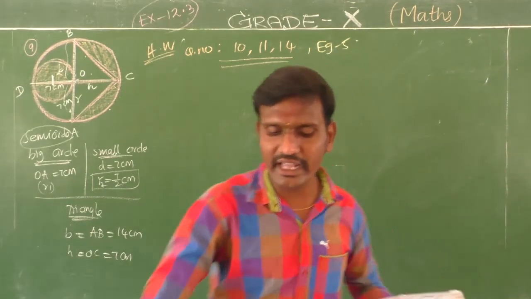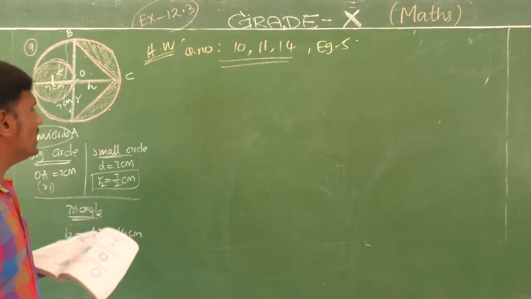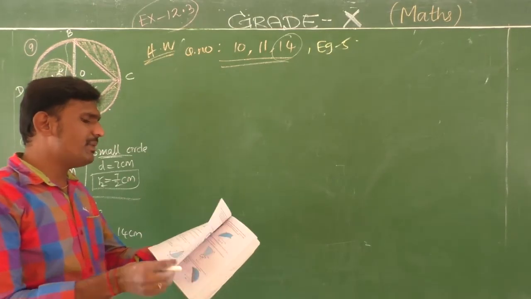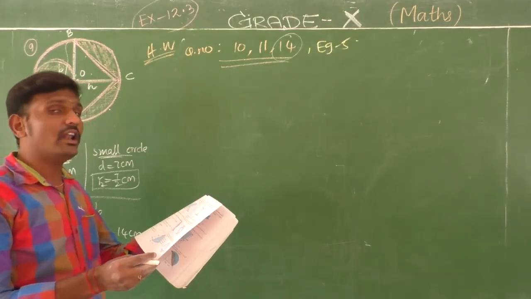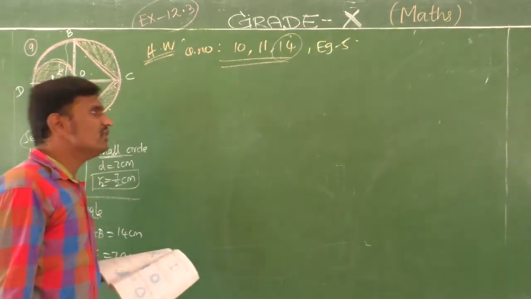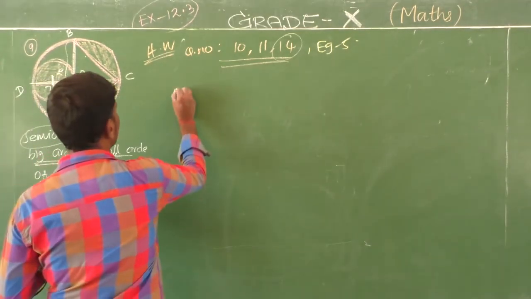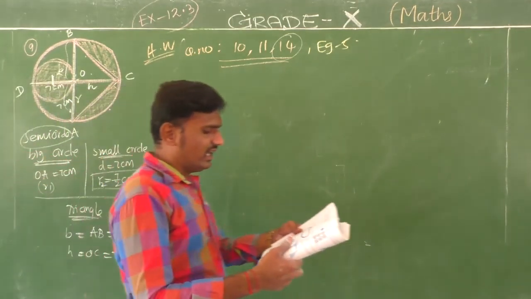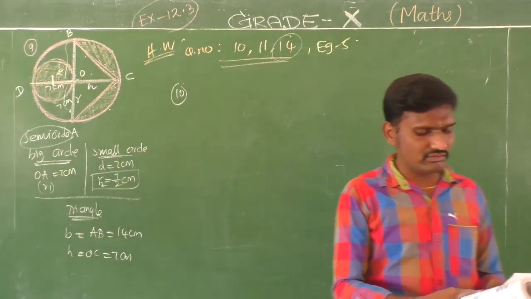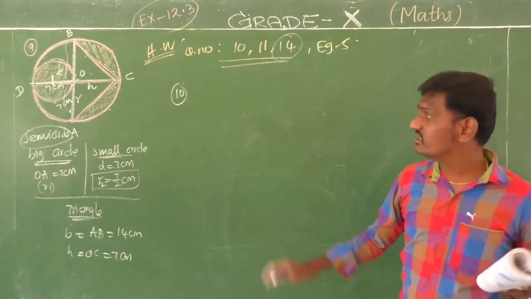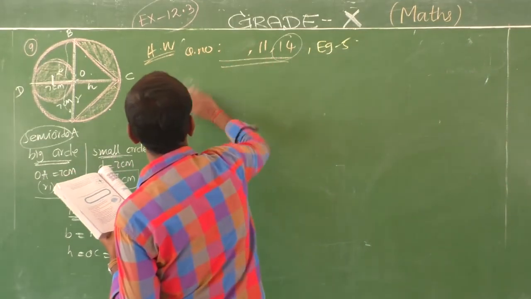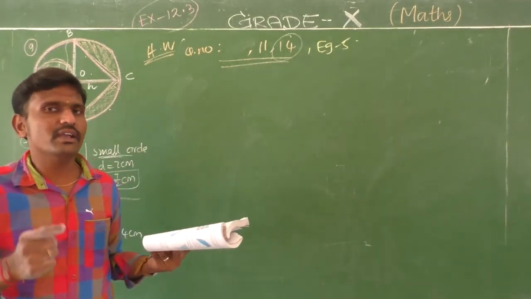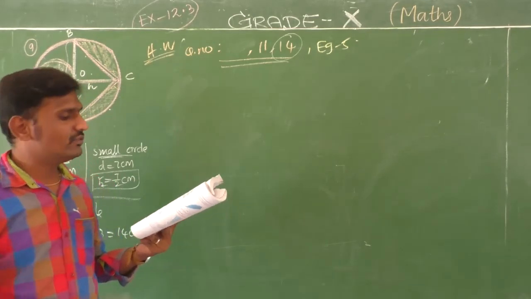I will give you the key points for the questions. The 14th question is the same pattern as the second question, so verify it, students. Coming to the 10th question, the key point is that the area of the equilateral triangle is given. This question I will teach you tomorrow, next class. Only 11 and 14 now. The 10th question is a different pattern because the area is given, so I will give it to you later.